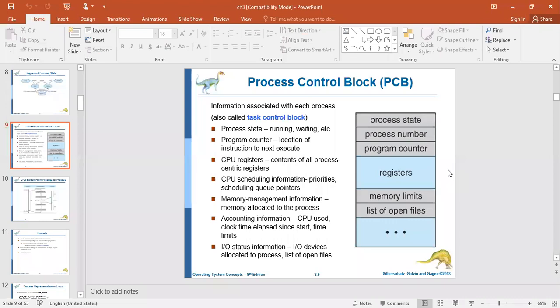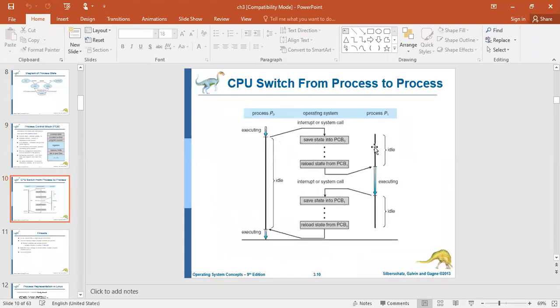And you can observe how the CPU is shifted from process to process. As I told you, whenever the currently executing process requires the services of an IO device, what happens in that case? It simply stops the execution of the current process and switches to another process.